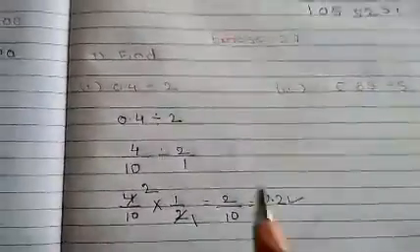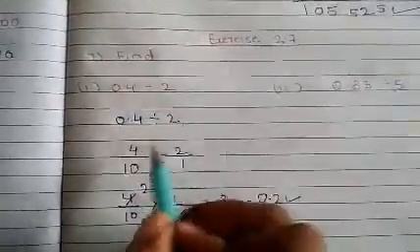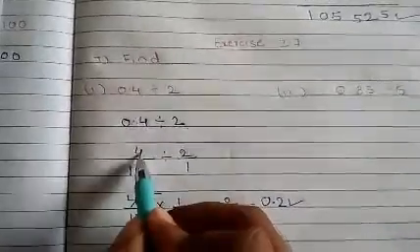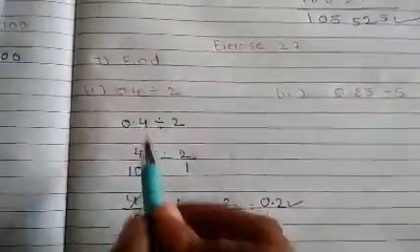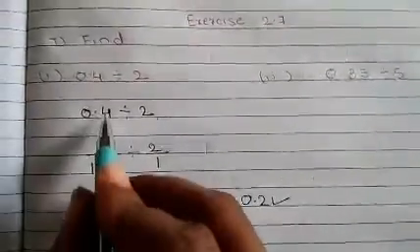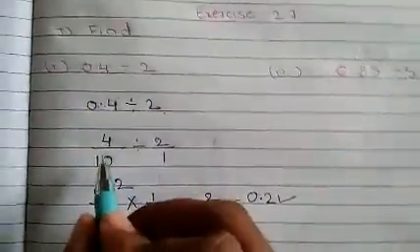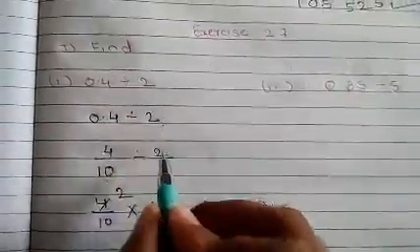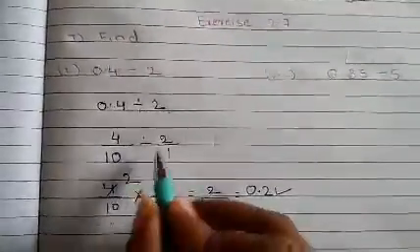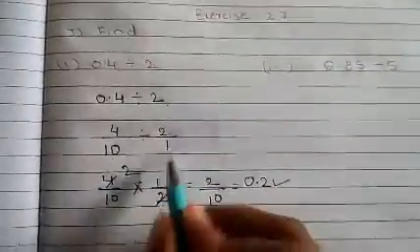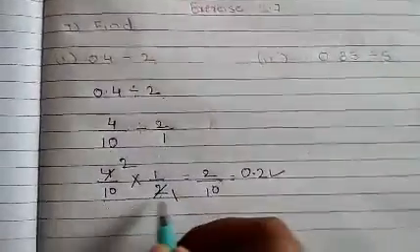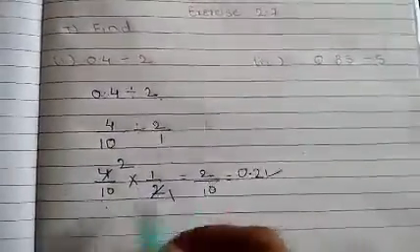This is the answer. Once again I will repeat: 0.4 divided by 2. This one I will convert into a fraction, 4 divided by 10. I will write 4 as it is. After the point, how many numbers are there? Only 1. Now 4 by 10 will become 4 by 10. We have to convert this decimal to a fraction. Again, this 2 means 2 by 1. 4 by 10 I will write as it is. If I change division to multiplication it will become the reciprocal, that is 1 by 2. It will become upside down. Cross multiplication on both sides. Are both in the same table? Yes, 2 1s are 2, 2 2s are 4. So 2 1s are 2, 10 1s are 10.